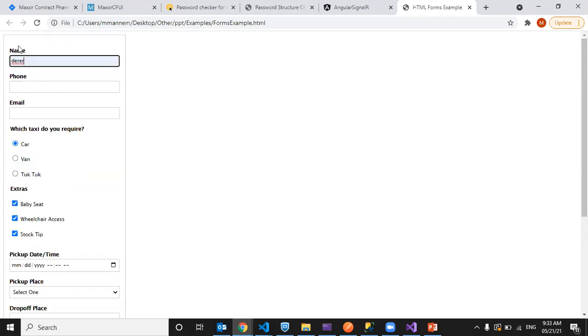Again, I enter a phone number and click submit, so again the request will go to the server and come back with a message like please enter email ID, please select a taxi type, right?